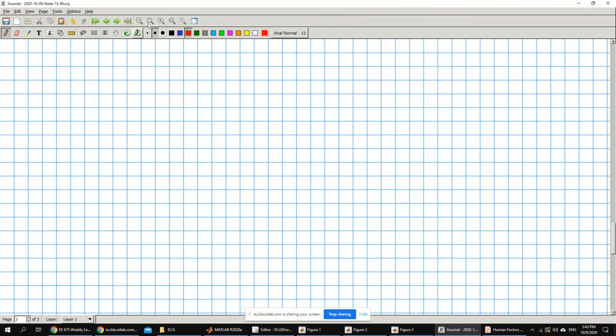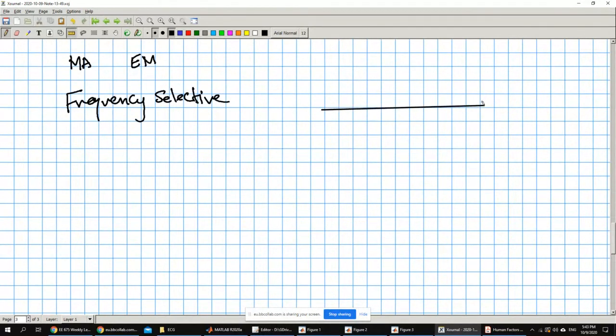Basically, what we have in this problem, for the muscle artifact and the electrode motion, okay? The filtration we have is, as we said before, a frequency selective process. Meaning that if I have a spectrum, if you have a spectrum of any shape,